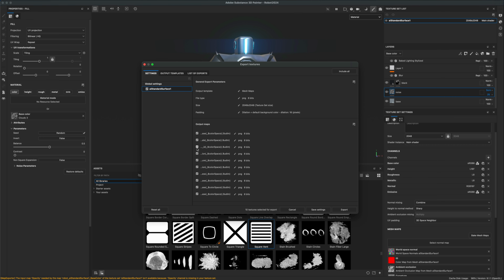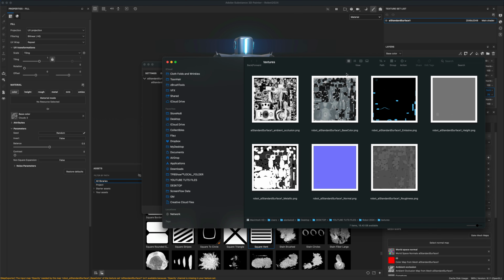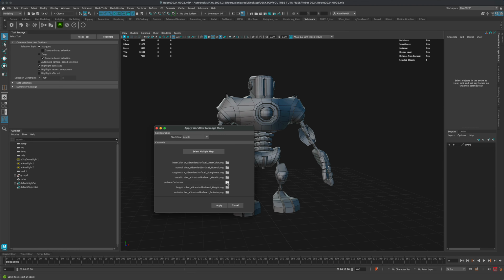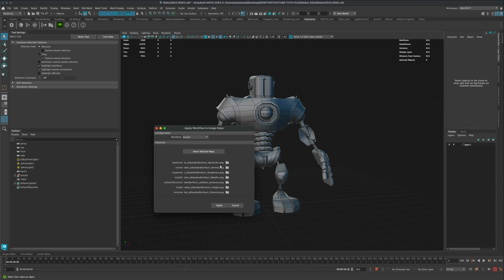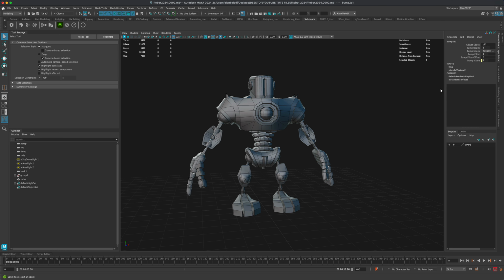So I do want this one, but I don't want any other ones, right? Because we already exported our maps out. So I'm going to leave ambient occlusion checked and just simply say export. If I come back here, I can see that ambient occlusion has been added, which means if I jump back into Maya, I can just navigate to my newly exported file and say select, and voila, now I have all of them, right? Now, if I say apply, a new material has been added,